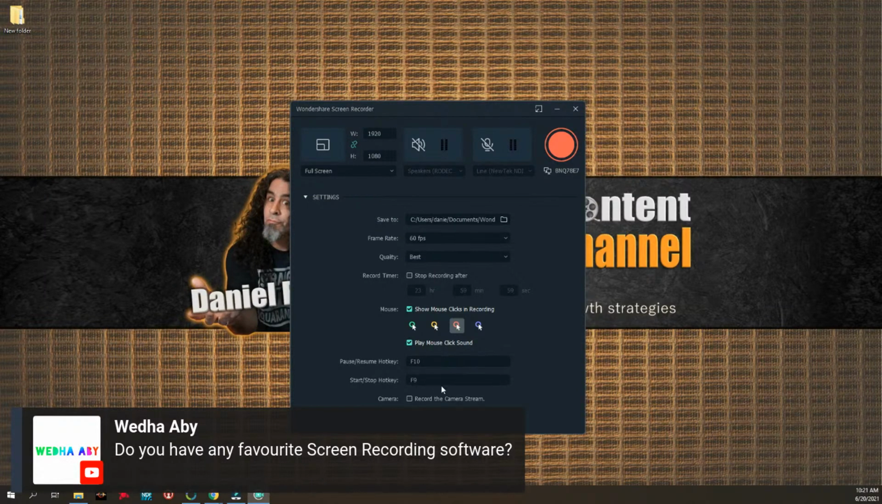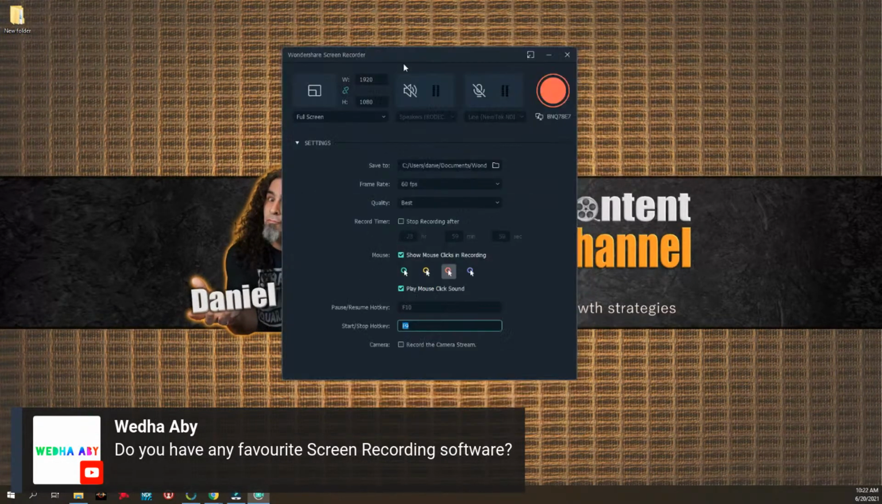And the other thing a lot of times people miss is this part right here. How do you stop it once it gets going? F10 will pause it and resume it, and then F9 will start and stop it completely. And you can change this. You can assign a different key. That's my favorite. That's my favorite screen recorder, because you can also click record the camera stream right down here